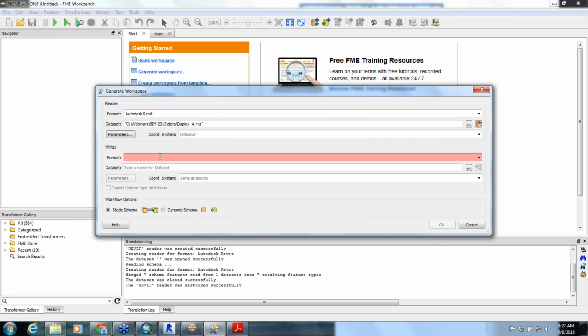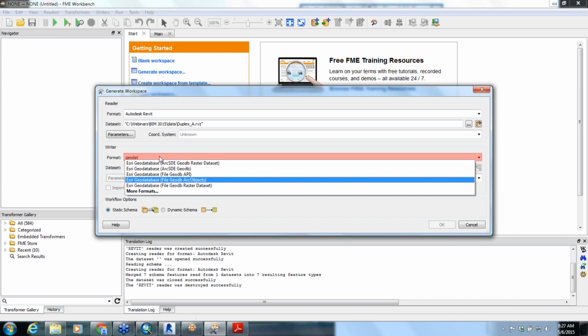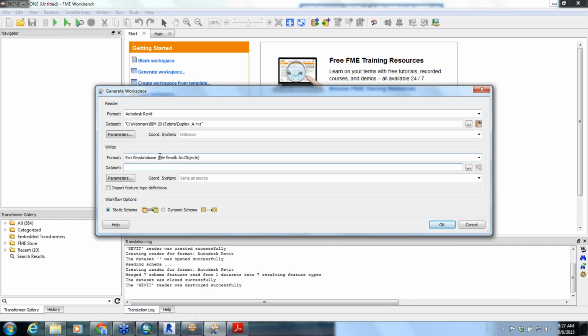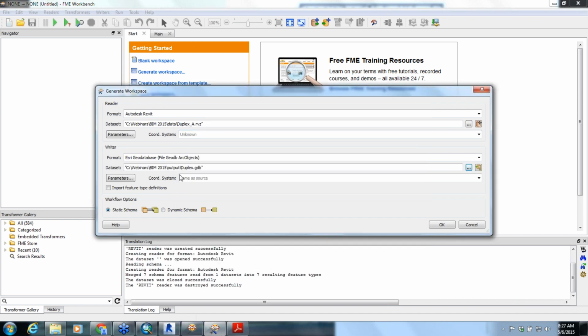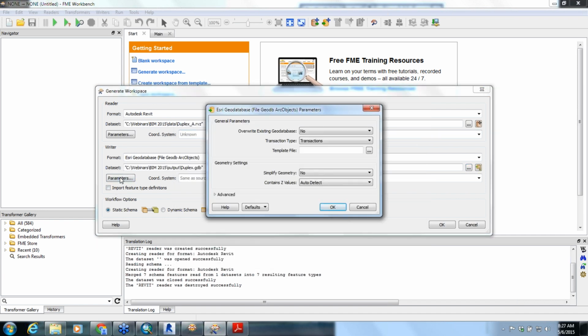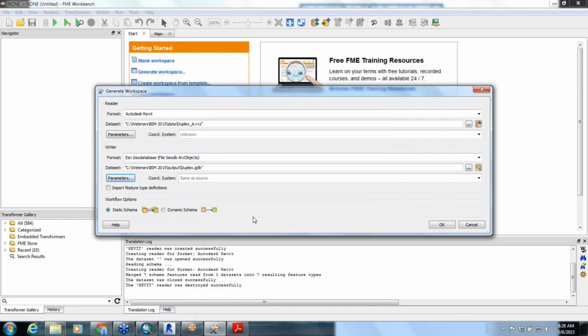And our output format is going to be geodatabase. So we pick ESRI geodatabase, and we'll set the output format to okay. Output duplex. Okay, some parameters in here. Simplify. Do you want to overwrite? Yeah, we just want to overwrite, because I've already got a copy there. So we're going to overwrite it. And there we go. And the other thing we're going to do is we have workflow options here: static schema